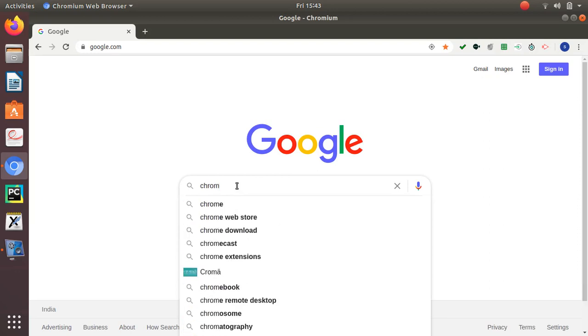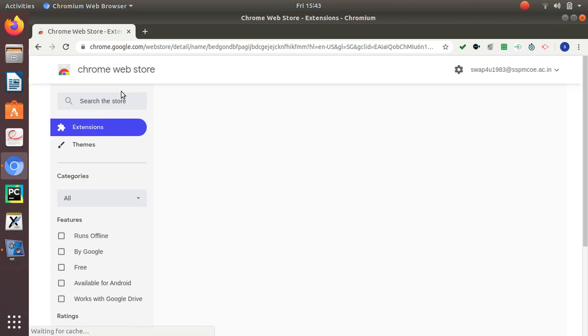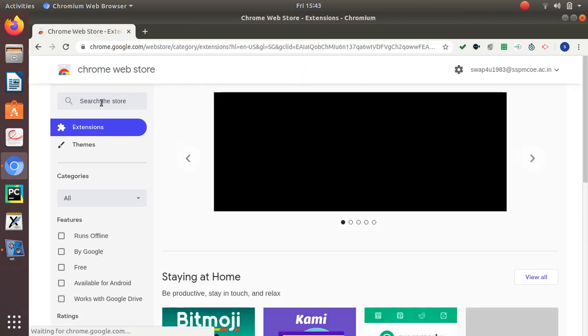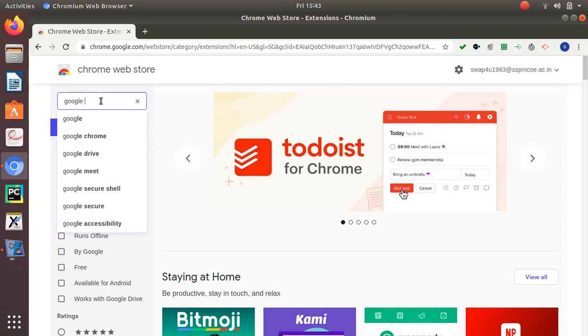Okay, so I'll type Chrome extensions, and I'll go to the Chrome store, and I'll type here Google Meet